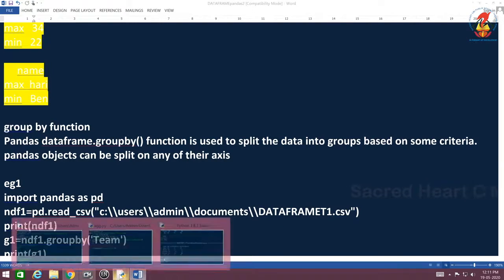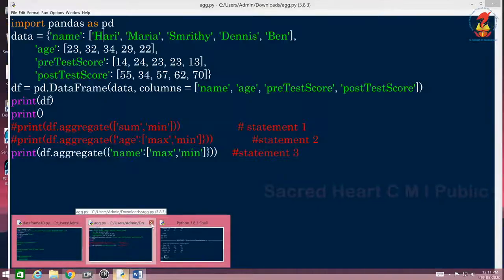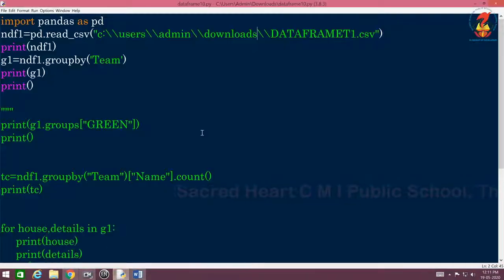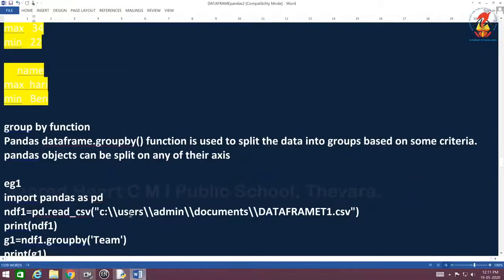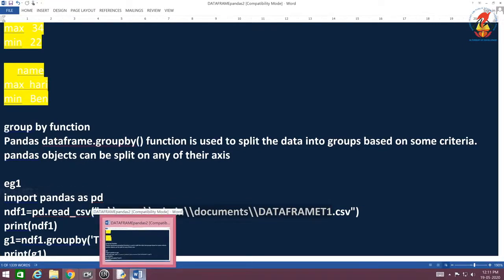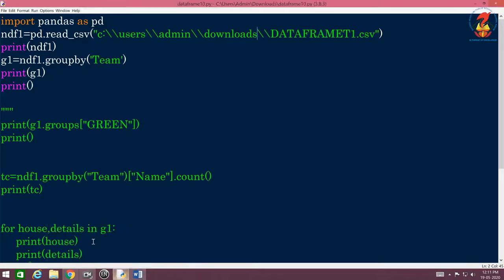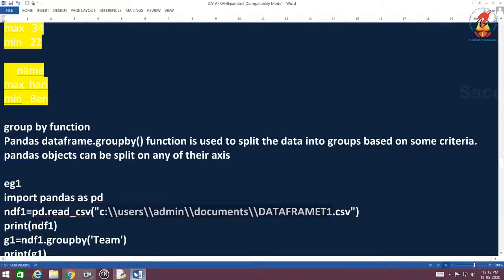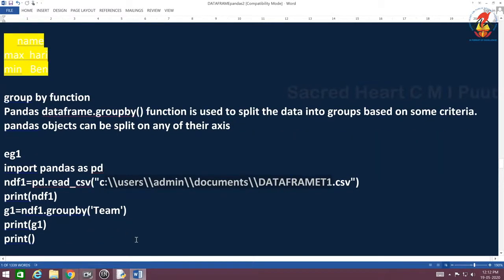I have changed that in our pandas aggregate file, which I am going to close. I have changed the path into downloads, you can see here, and in the Word file it is with this path. Why? Because when I did it from my house, it was residing in this particular path, and when I came back to school and downloaded it, it's in a different location. So if I want to run this program here, I should change the path, isn't it? So the path has been changed. That's the first thing to be kept in mind. Now I will run it, of course, to show you.